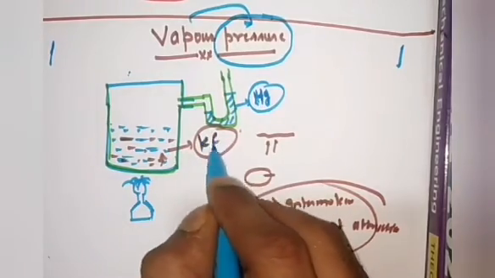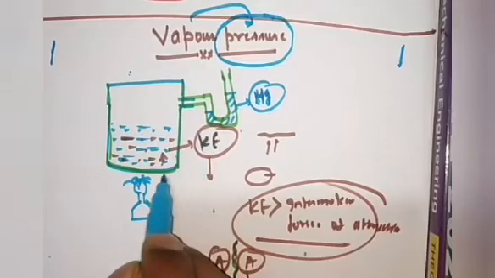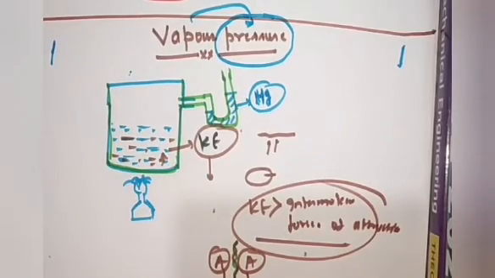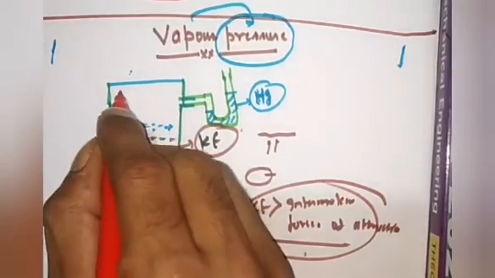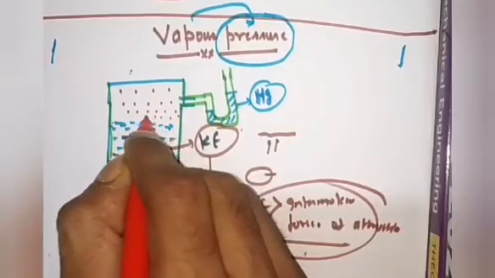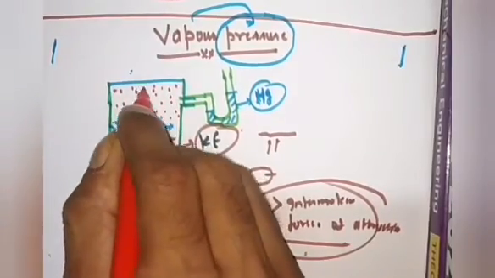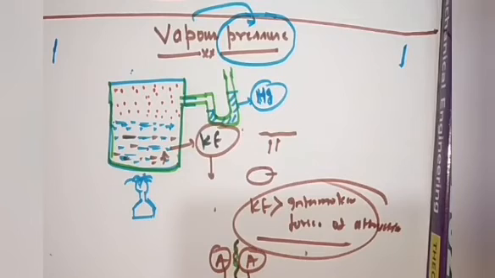Now understand one thing, what will happen when the thermal energy of the molecules gets converted into kinetic energy? The intermolecular forces of attraction between the liquid molecules will break. When these intermolecular forces of attraction break, the molecules will convert into the vapor state. Now vapor has a tendency, because they don't have a mind, that if they see any free surface they will try to exert a pressure. And in a closed container, the vapor molecules will exert the same pressure in all directions.